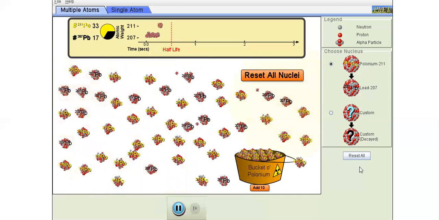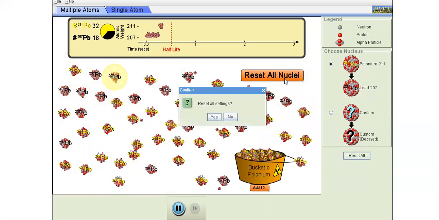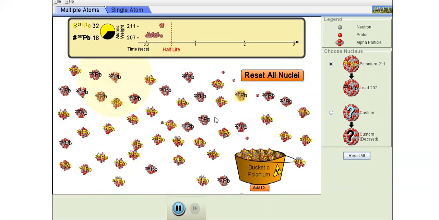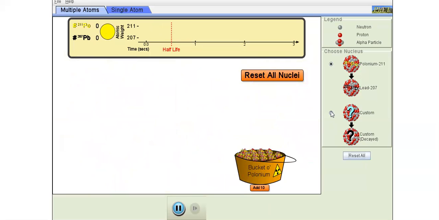All right, let's take a look at, let's reset all nuclei. Yes, reset all settings. And we'll go to our custom